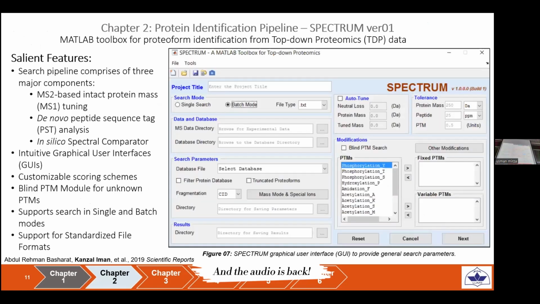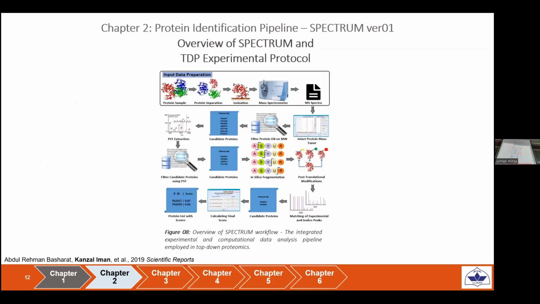So Spectrum offers a range of UIs for setting up of search parameters as well as visualization of search results. It offers a customizable scoring scheme and offers support for unknown PTM. Spectrum offers support for single file search as well as in batch modes, and file formats that are supported by Spectrum are standardized. So to talk about the overview of Spectrum workflow, the pipeline begins with the